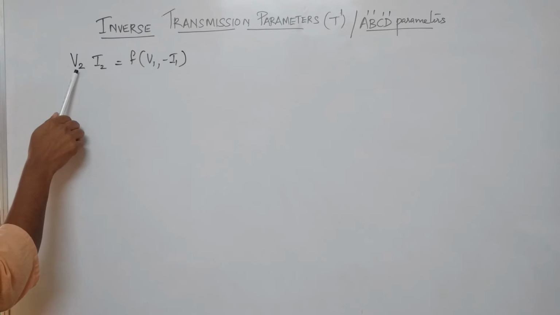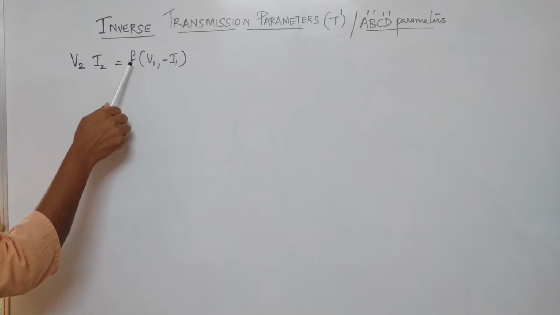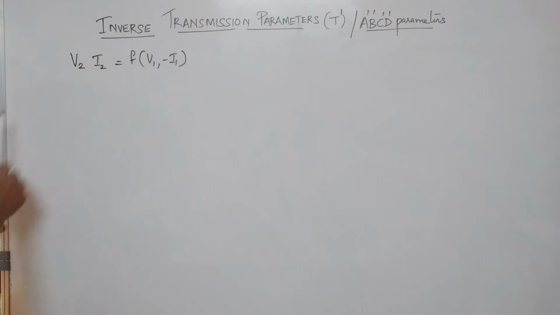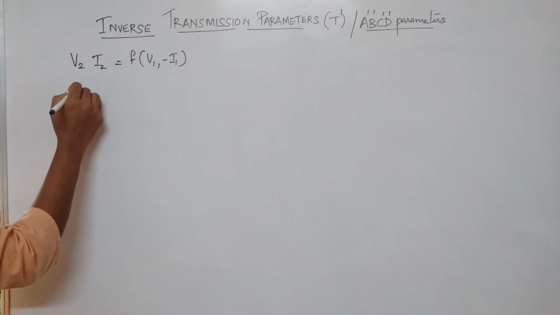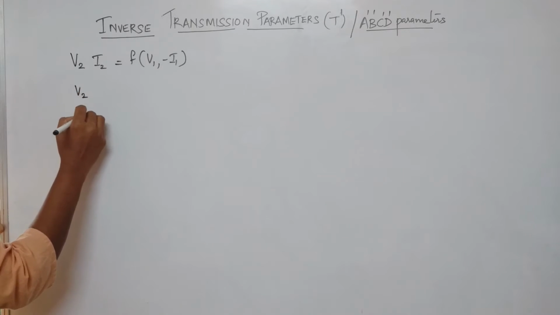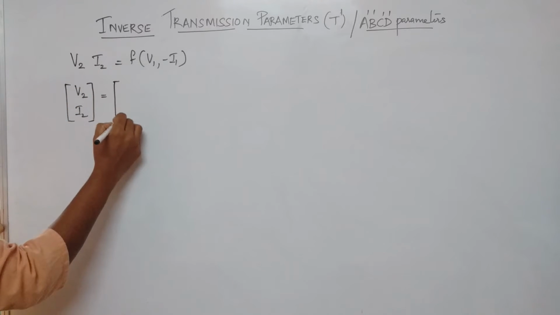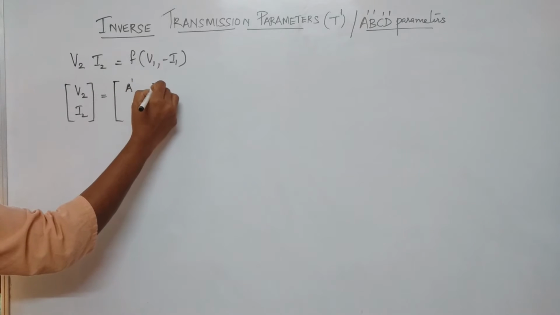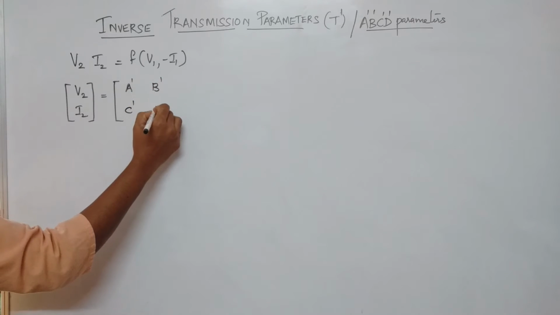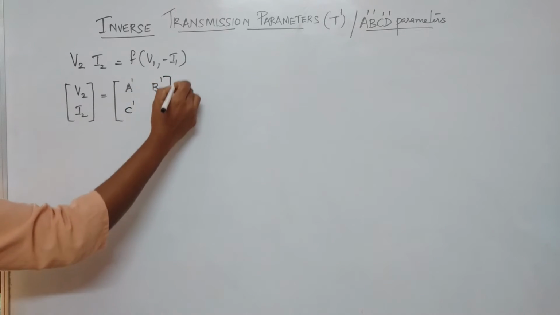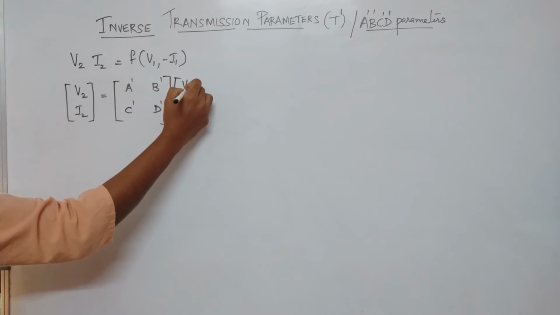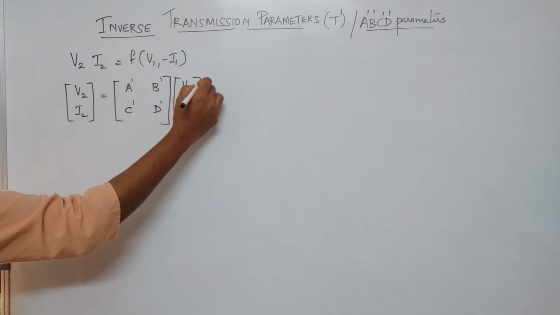That is, output port parameters are expressed in terms of input port parameters. In matrix form, we can write matrix V2, I2 equal to A dash, B dash, C dash, D dash times V1, minus I1,